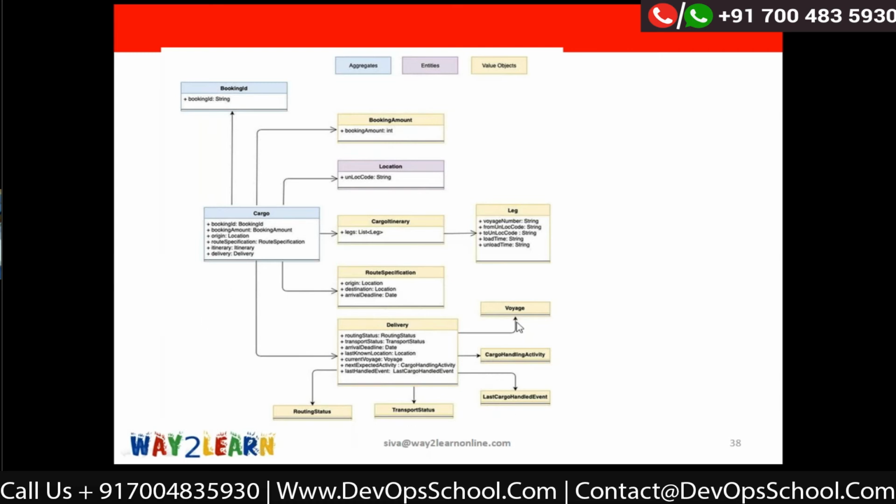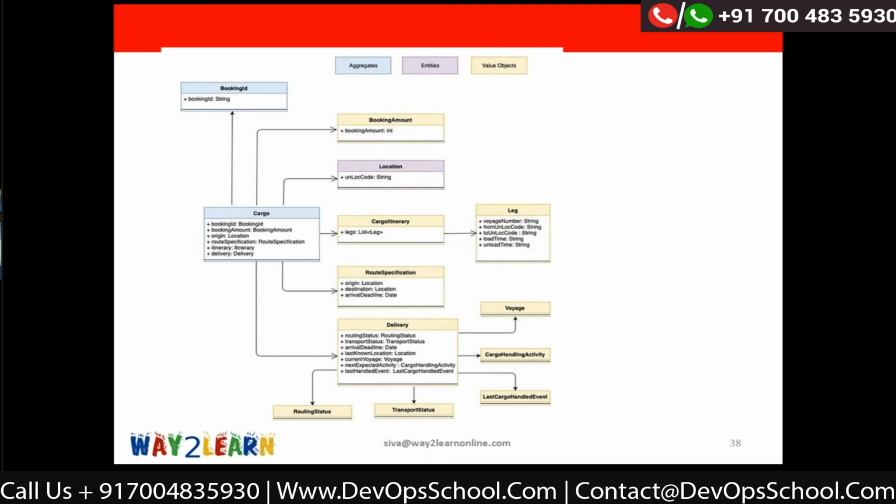And if I see a delivery class, I can understand at a high level that this contains delivery related information. So actually, whenever you are creating your own aggregate, make sure that it will not contain only primitive types. Make your aggregate domain rich. Split your aggregate into small subclasses.